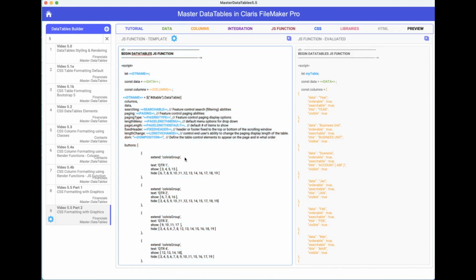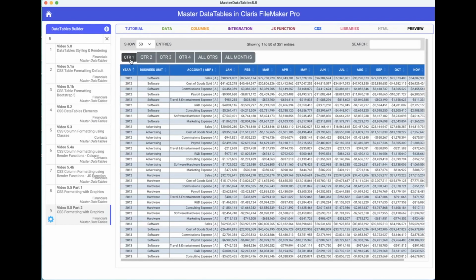I can come in here and say class name. I'm going to use button, and this is the Bootstrap things: button, button dark, button small. And when I come over here and preview that, notice how it changed to be smaller and has a different color. So we're going to continue to do that for some of these other options, going through each